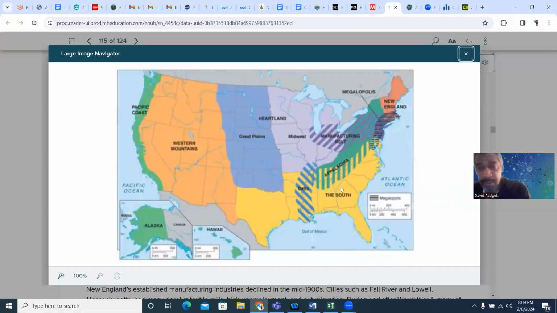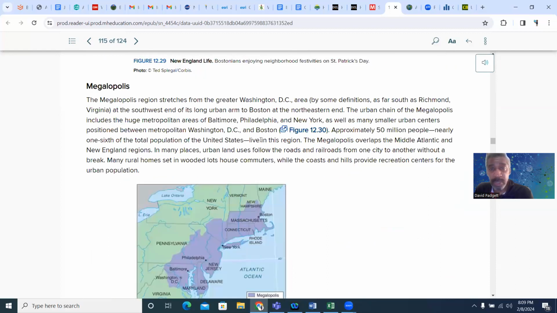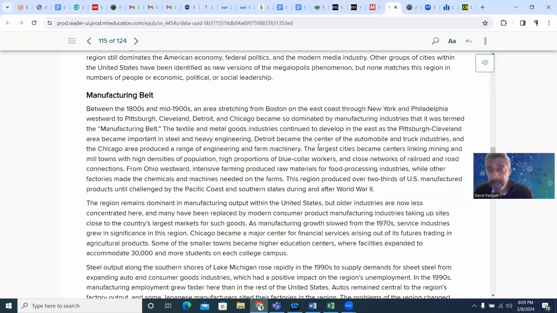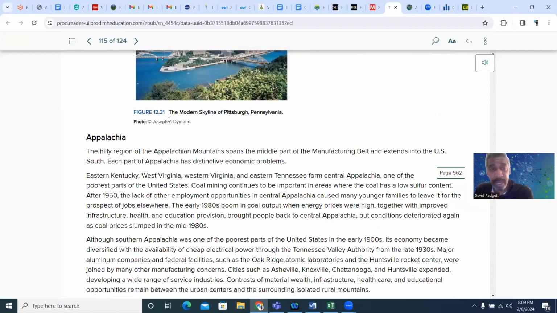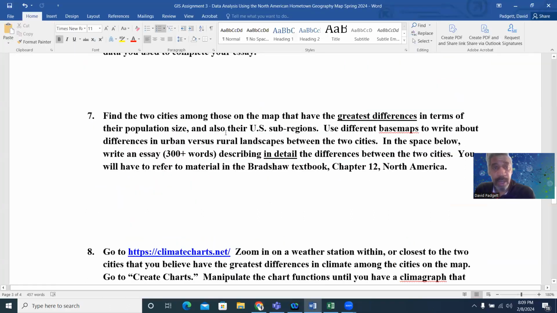So you'll find some differences. Some of your cities are in Appalachia. Some of them are in more than one region. Go into the textbook. What is a megalopolis? What are the characteristics of a megalopolis? What are the characteristics of the manufacturing belt, if that's where your city is? What are the characteristics of Appalachia, if that's where your city happens to be? And so you can include that information in your